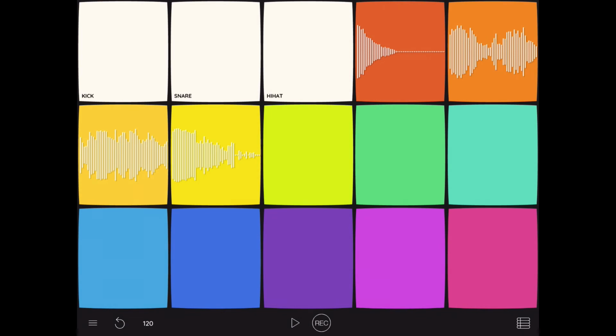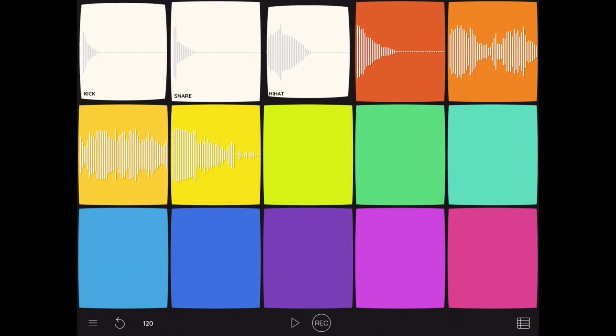You can see that there's 3 white squares labelled kick, snare and hi-hat, and these are really useful. If you record sounds for these squares, you can use them to create a drum pattern, and Samplebot actually has some built-in drum patterns that will use the sounds that you've recorded to generate a predefined pattern. So I'm going to record a kick sound by slapping my chest. I'll record a snare by clicking, and a hi-hat with a tss sound. So I can play these back myself,